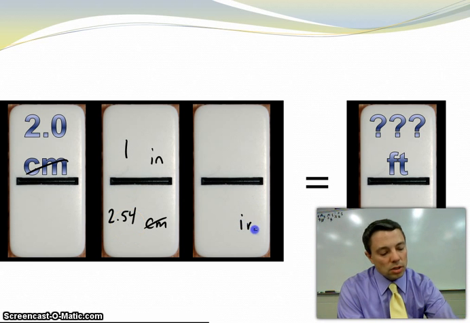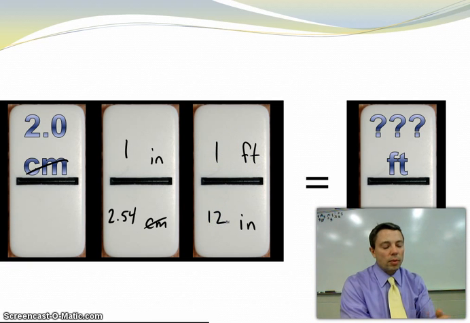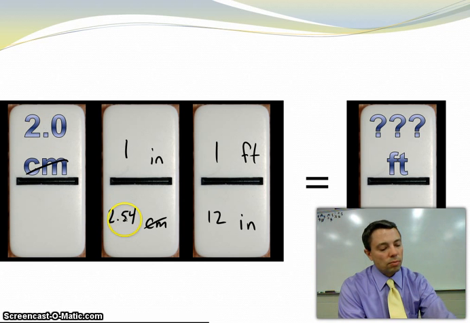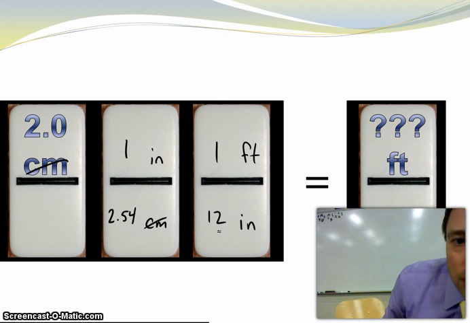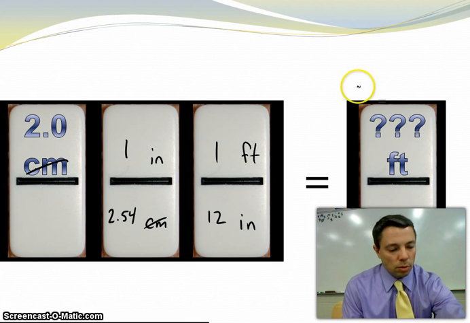Then I have to get from inches into feet, and the bigger unit, of course, is feet. I'm going to put 12 down there, and I'm going to set it up so that I can do my canceling. So 2 divided by 2.54 divided by 12 should give me the number of feet. Now I'm just going to grab my calculator here. I'm going to take 2, divide it by 2.54, divide by 12, and I get my answer of